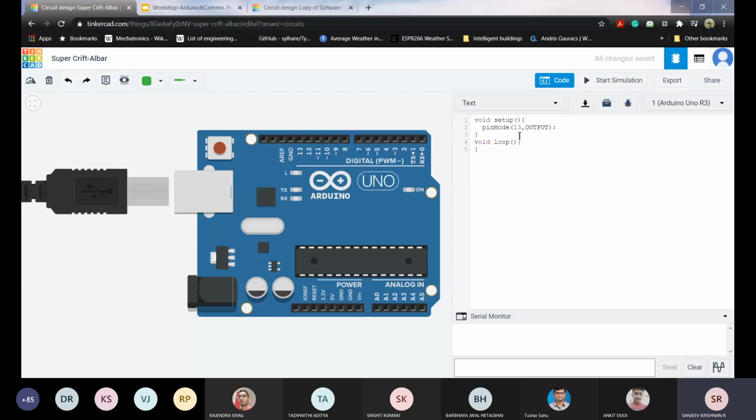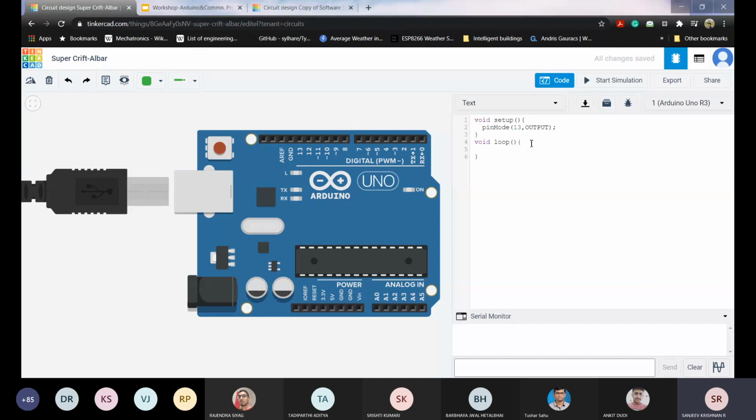So this is what the pinMode is all about, and we don't have anything else to set up. We are just using this LED, so we are just setting this pin. Now what we have to do in loop: our aim is to blink the LED, which means it has to be on for some duration of time, then go off and stay off for some duration, again go on, stay on for some duration, and it has to go in a loop. So we'll write that in the form of code.